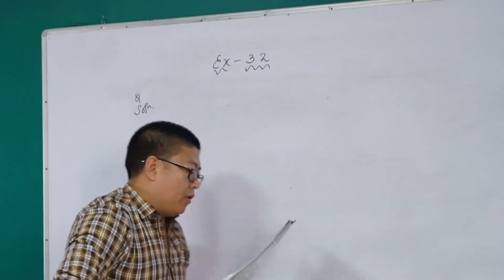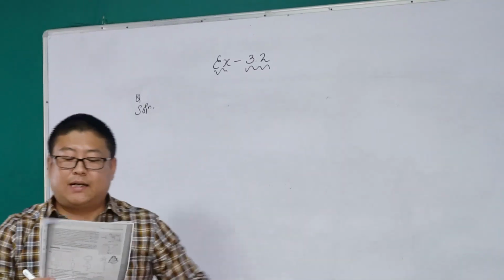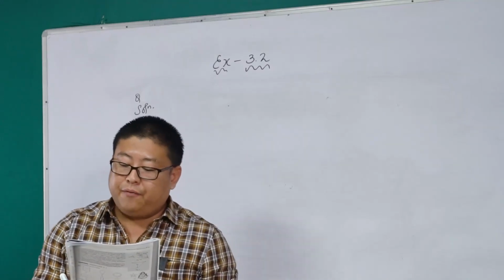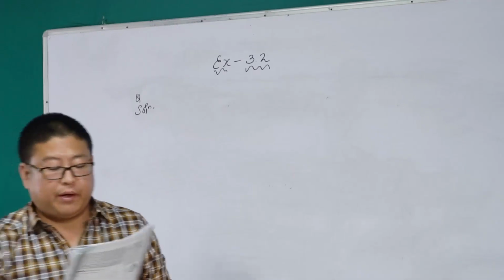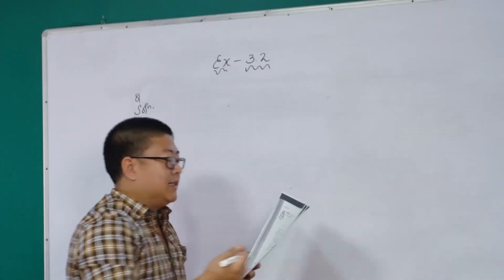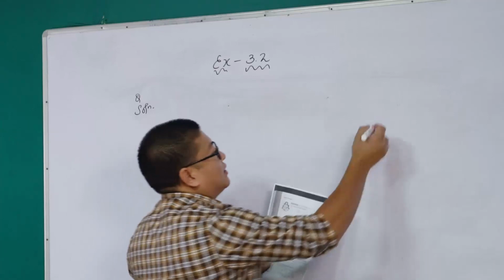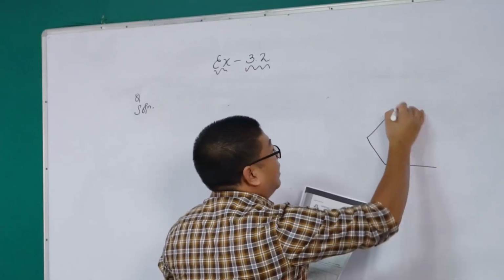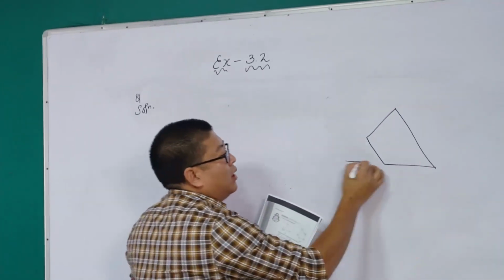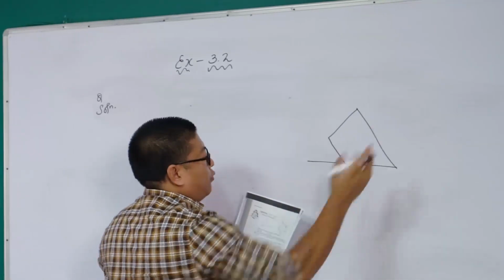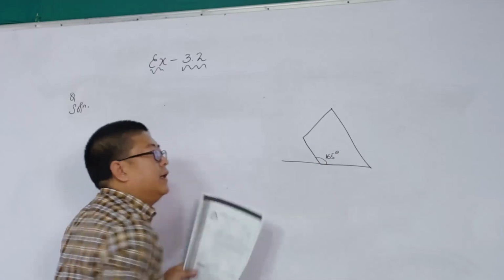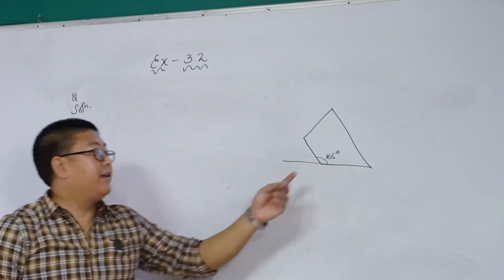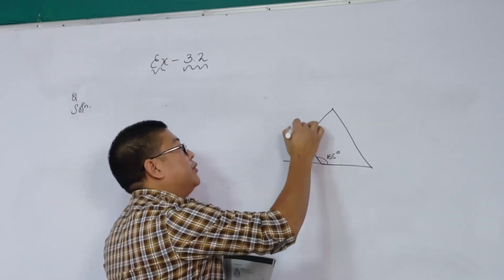Now, question number 4. How many sides does a regular polygon have if each of its interior angles is 165 degrees? Now we don't know how many sides this polygon has. So let's just make a simple sketch. We don't know how many sides it has, so I'm just making 4 here. Let us assume that this is 165 degrees. Now to find the exterior angle, see, if I produce all these sides,